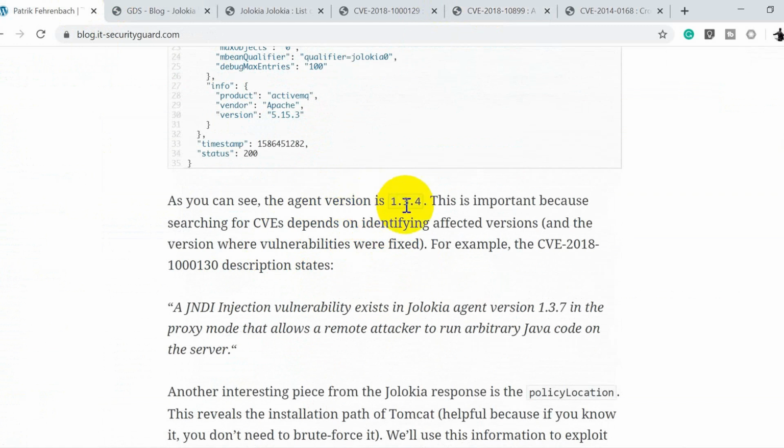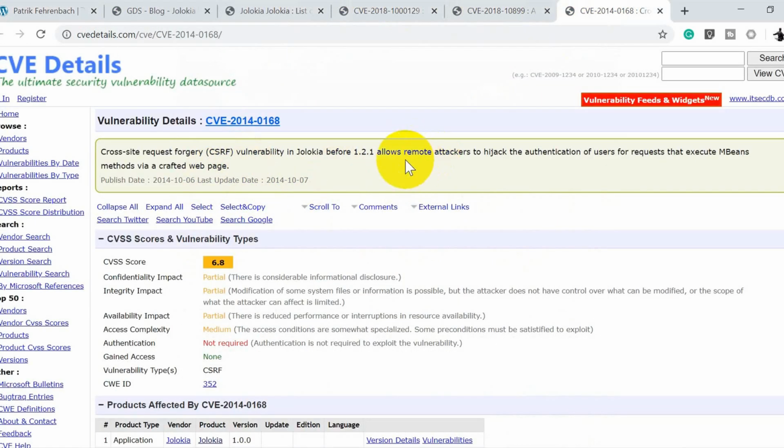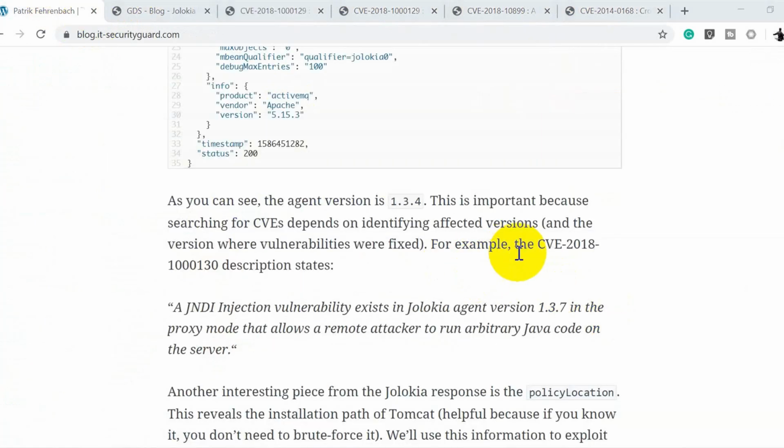Now if you could see here, the agent version is 1.3.4. True. The important part is that searching for CVEs depends on identifying the affected version. So as I said, these other two will be applicable, wherein I think this 1.2 might not be. So over here you can see one of the examples where he says like CVE